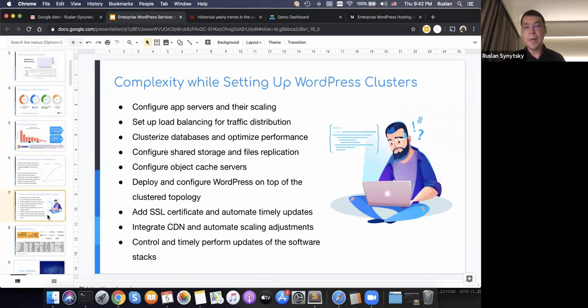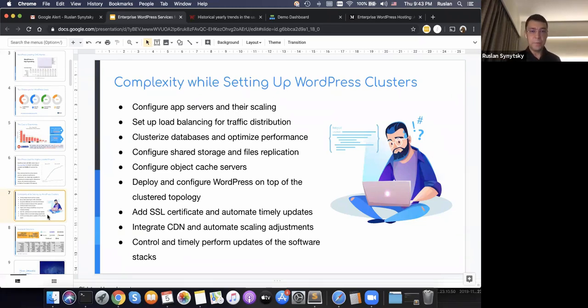But how to set up a cluster? As I mentioned, again, it's not an easy task. To set up WordPress on a simple VPS, today it's not a problem at all. So many websites offer the solution. But to set up a cluster, there are not so many automation tools on the market. And what steps do you need to perform manually to get your clusters up and running?